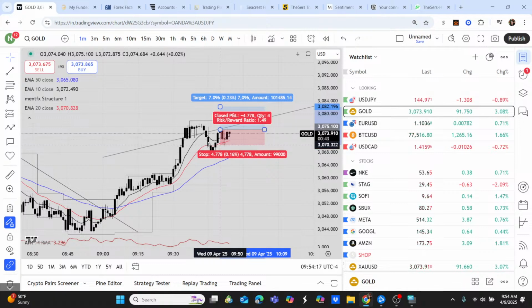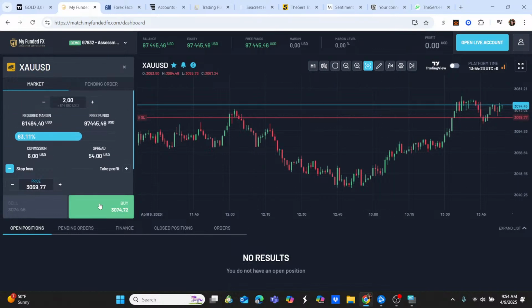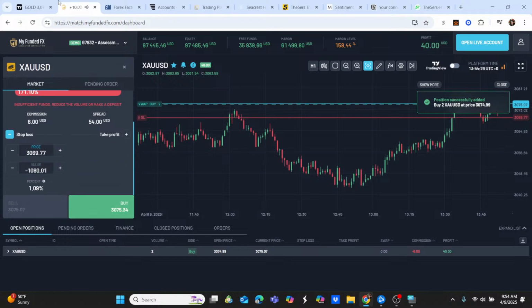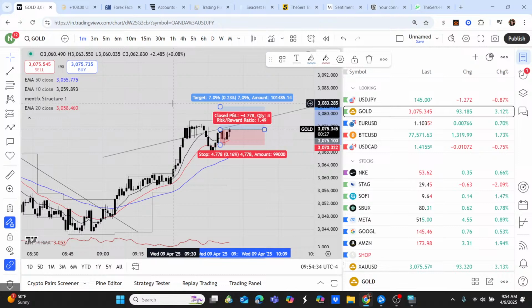I don't want to do too crazy. Let me just do low right here. I can just mark it. I'll take the risk on this right here. Yeah, I took the risk on this challenge trade right here. Just risk it 1%